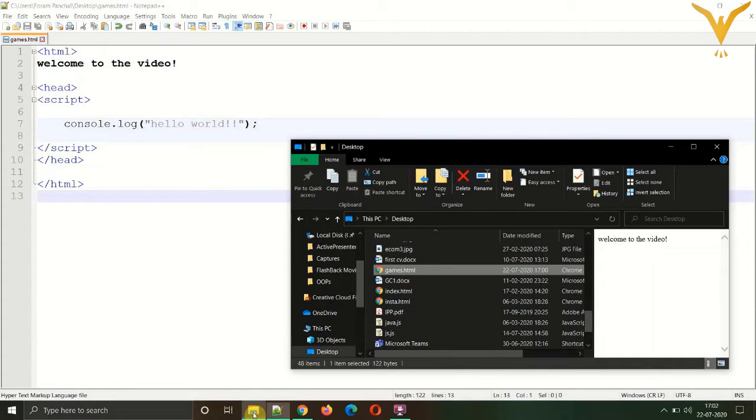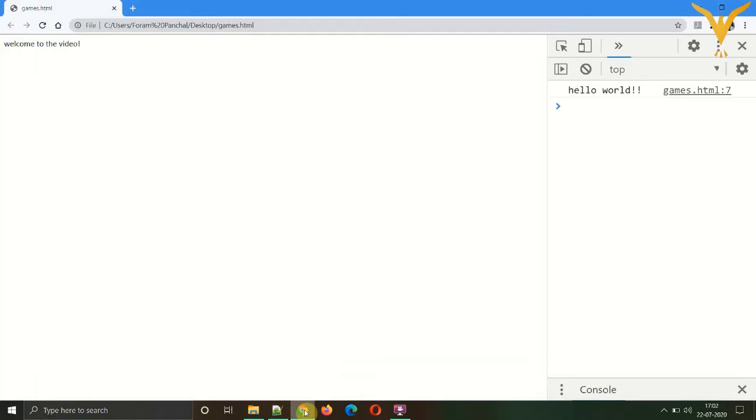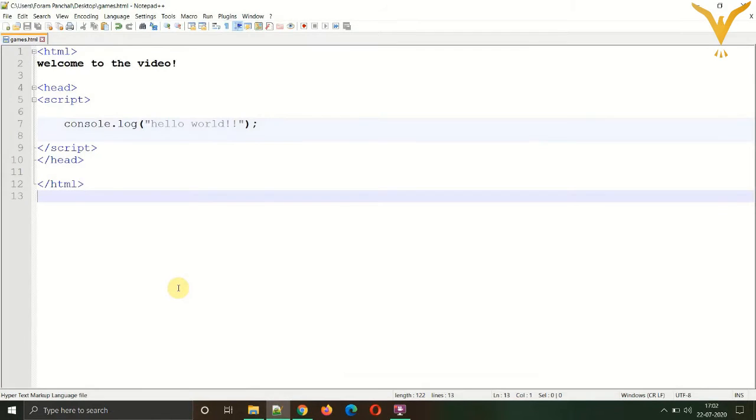This is part 2 of the game development tutorial. In the last video we created a very basic text file and then converted it into an HTML file, and we saw a simple piece of JavaScript, the command console.log, using which we posted a message, hello world, into the JavaScript console. So in this video we'll be starting with simple graphics, creating a canvas and understanding in brief the coordinates of the canvas.